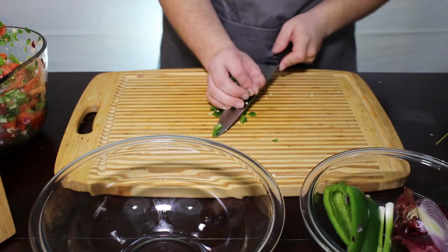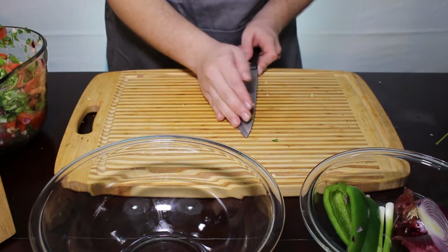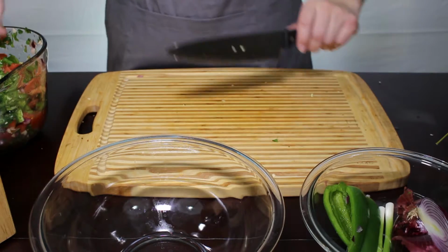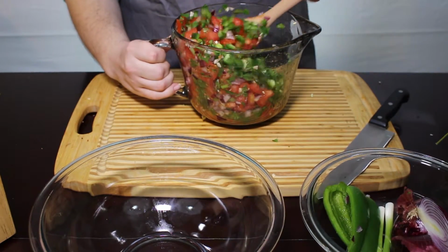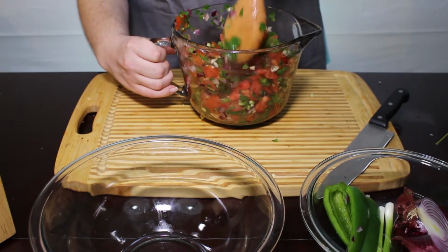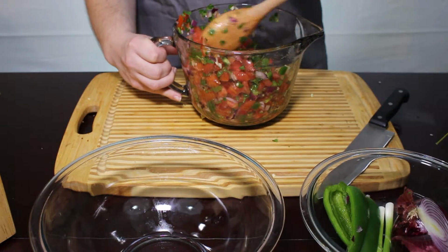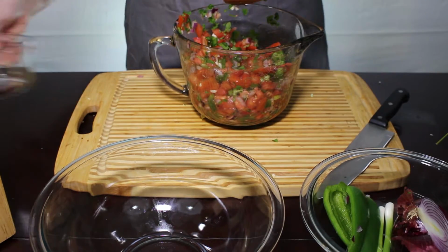Now, once you get your salsa done, it's best to let the flavors come together for about an hour or 2 in the refrigerator so that everything can combine. Let's mix in those jalapenos. That looks really good. Make sure they're evenly distributed. And we'll move